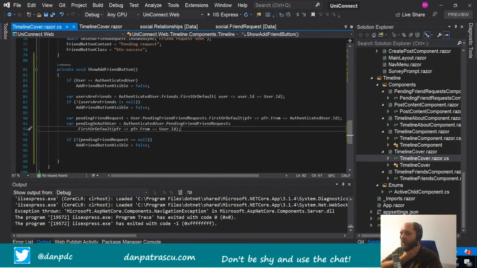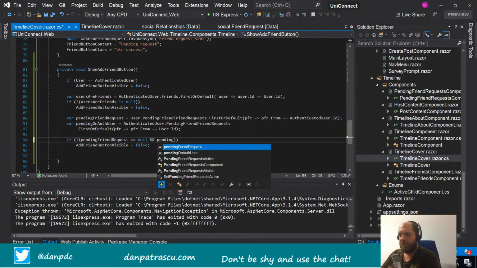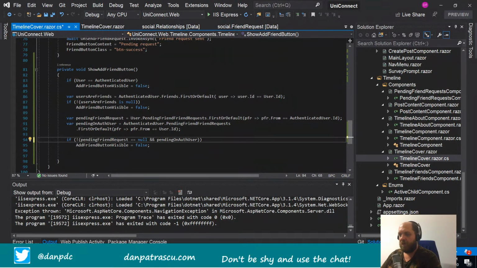And actually, I also think that these conditions should actually be met simultaneously. Because if that user actually sent me already a friend request, then I should have a pending friend request from that user. So let's then just add here and pending on out user equals